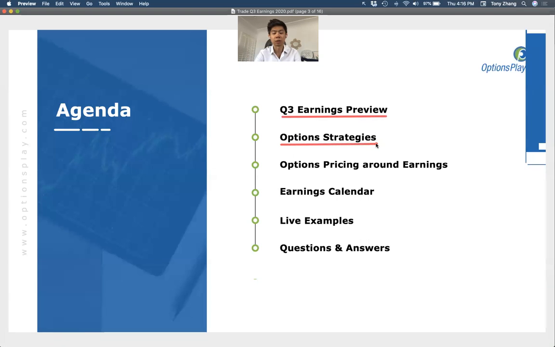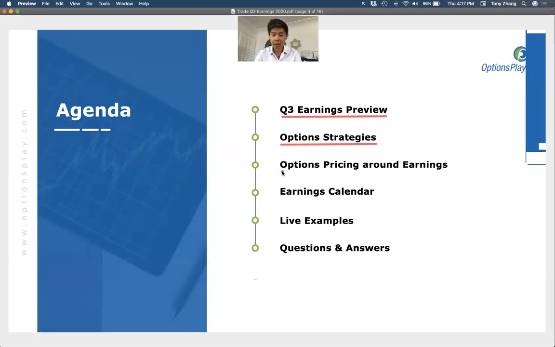Then we're going to take a look at the type of option strategies that are suitable for trading earnings, whether you're looking to trade a stock that you think is going to make a big move on earnings or a stock that you think is going to be fairly neutral. Option strategies allow us to take a directional view going into earnings, but do it in a way with limited risk, because whenever we're trading earnings, this is really where most of the volatility of a single stock happens. So we want to make sure that if we are wrong on a directional view, that we're protected,